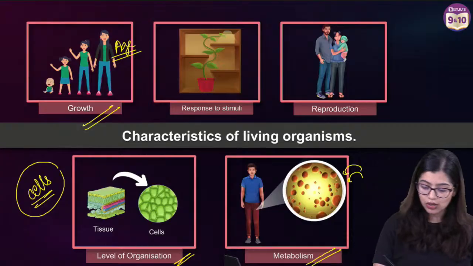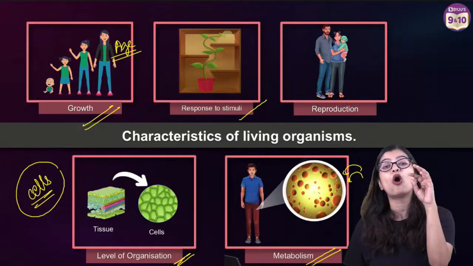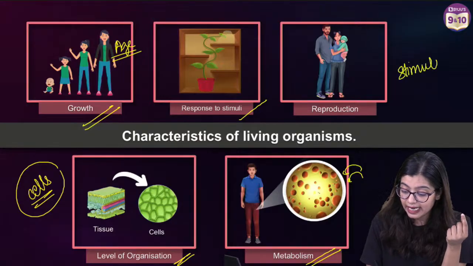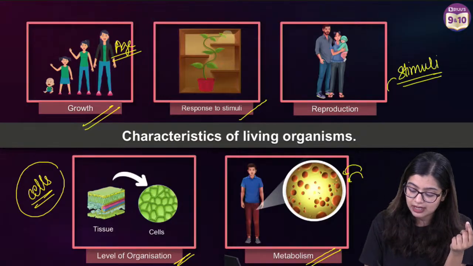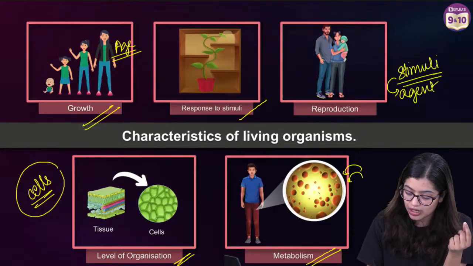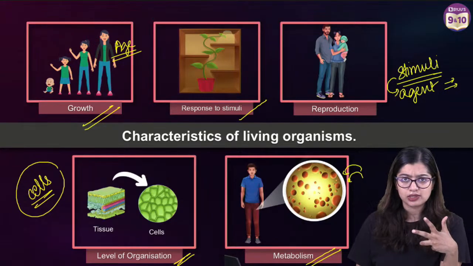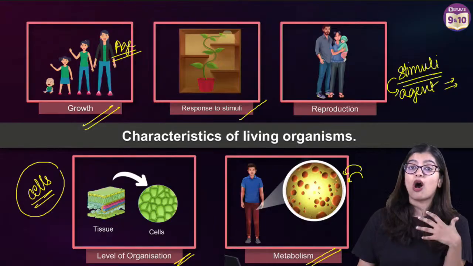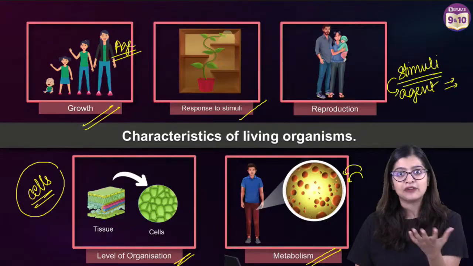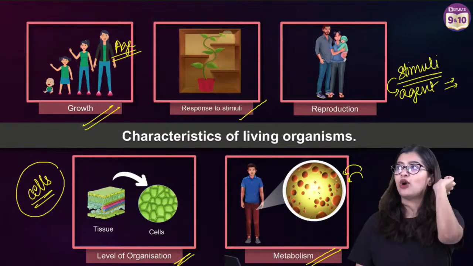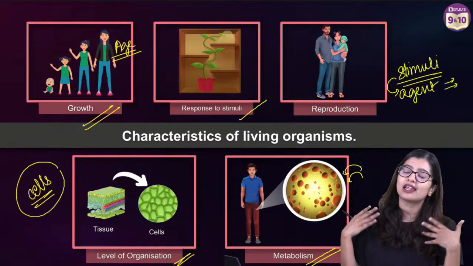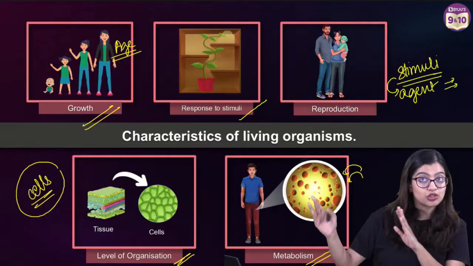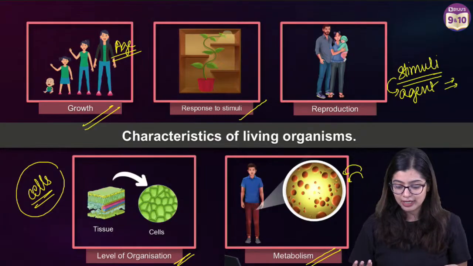Now, along with this, we also know that they are able to respond to stimuli. What is a stimulus? We will explore this in great detail in our 2nd chapter, but a stimulus is basically any agent that brings about a response, right? For example, if I am hungry, I need to eat, right? So, hunger is a stimulus. If somebody throws a ball in my direction, I'm not going to let the ball come and hit me. No, right? What am I going to do? I'm going to dodge so that the ball doesn't hit me, right?